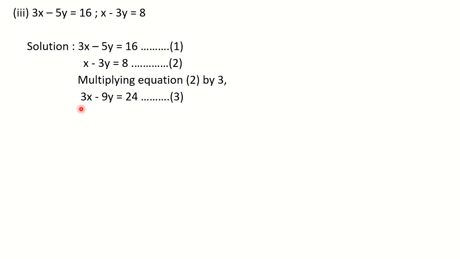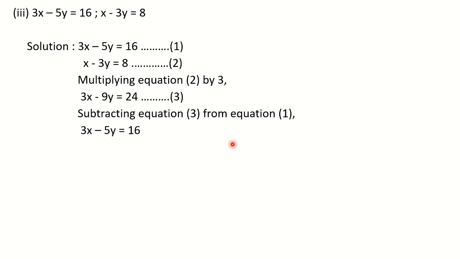See the coefficients, now they are equated by us. The next step is to observe the sign here. See, in both places the sign is positive. In that case, if the sign is the same, we have to go for subtraction, because addition will not help us. If we add, then the variable x will not get cancelled. So we have to go for subtraction. What we are going to do is subtract equation 3 from equation 1. That means equation 1 will appear first, then the minus sign which shows the subtraction.